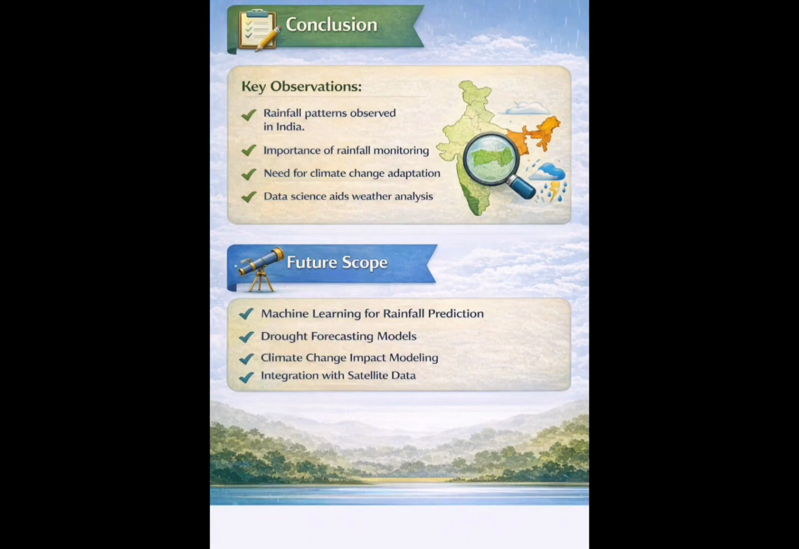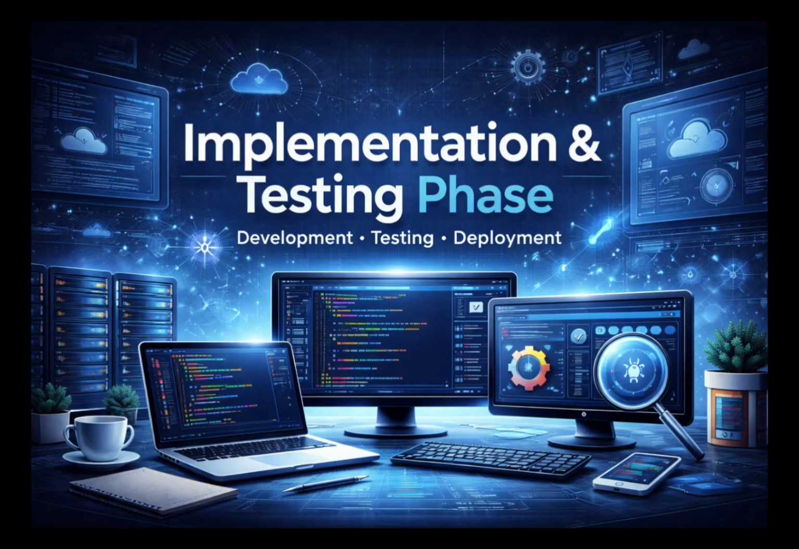Finally, the conclusion: rainfall in India shows strong seasonal and regional variations, highlighting the importance of continuous monitoring. And the future scope: in the future, machine learning models and satellite data can improve rainfall prediction and climate impact analysis. Now I'm starting the code execution part of our project, which is exploratory data analysis of rainfall data